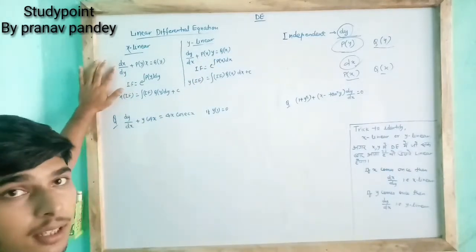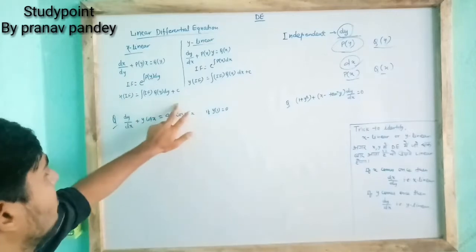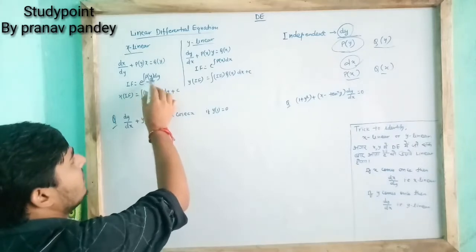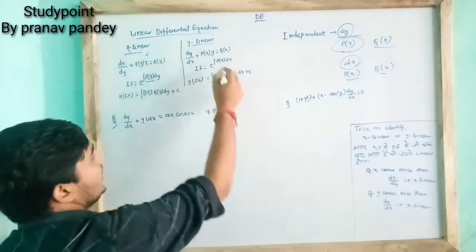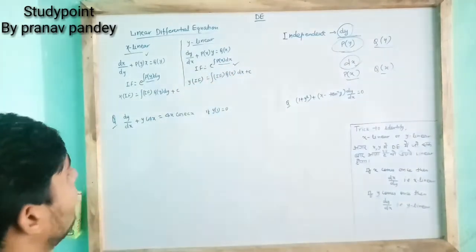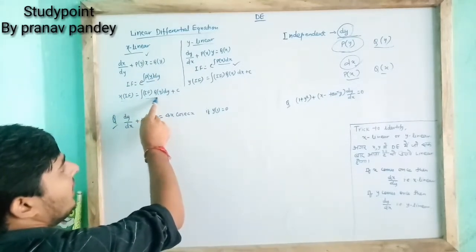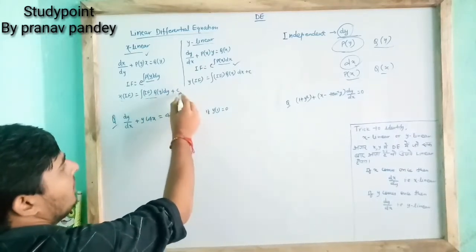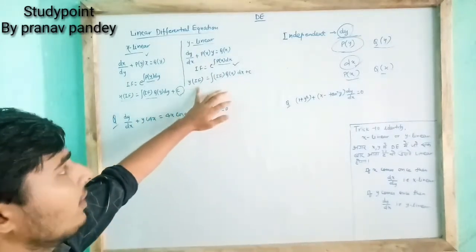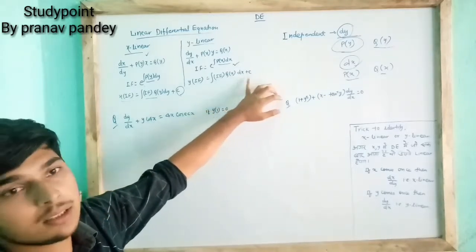When this equation comes, then we will take out its integrating factor, and after that we will use this formula. For integrating factor, we will use e to the power integral of p(y) dy for x linear, and for y linear we will use e to the power integral of p(x) dx. Similarly, for x linear, x into integrating factor is equal to integral of integrating factor into q of y dy plus an arbitrary constant c. In the same way, for y linear, it is y into integrating factor is equal to integral of integrating factor into q of x dx plus arbitrary constant c.